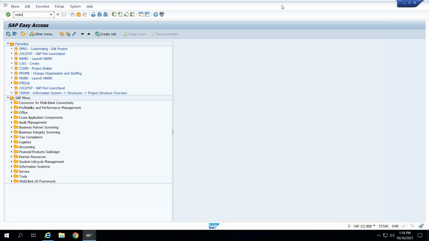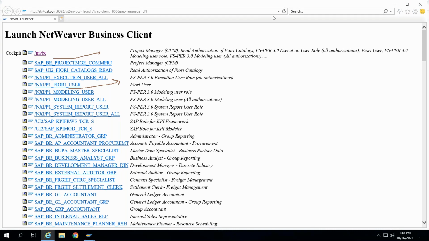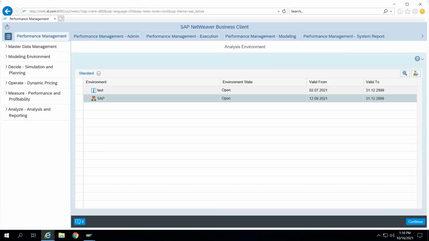So through the NWBC transaction, you can launch your NWBC launchpad, and through the transaction /UI2/FLP, you can launch your Fiori launchpad. So here just double click or enter NWBC, you will get it here, and you just click here on NWBC and you will see